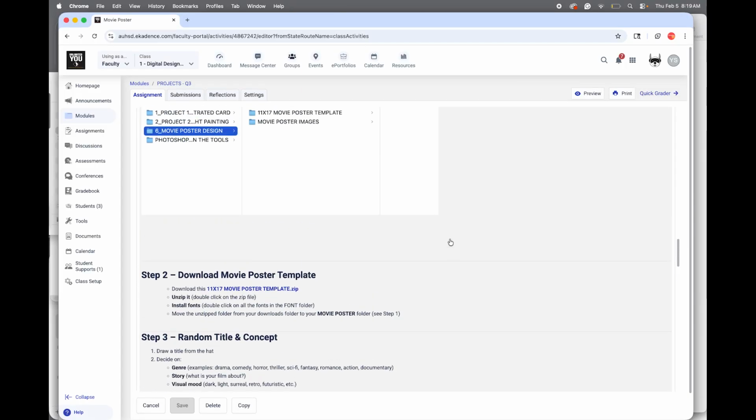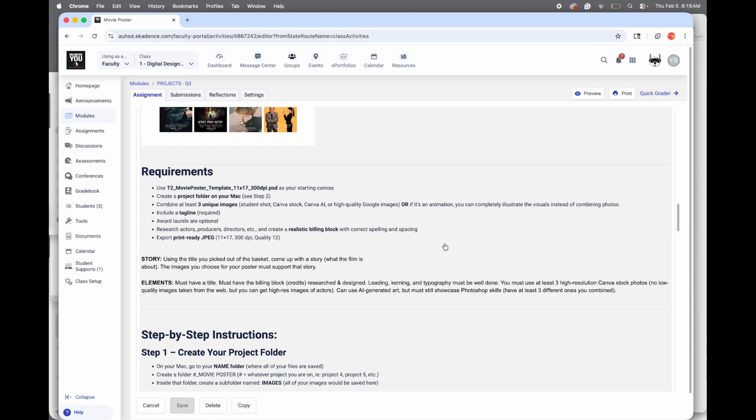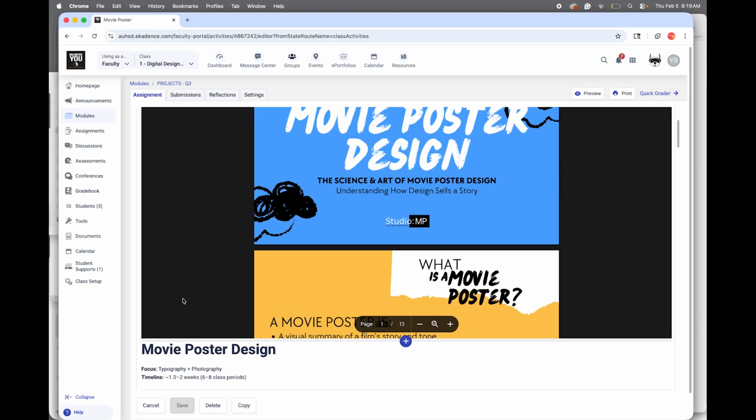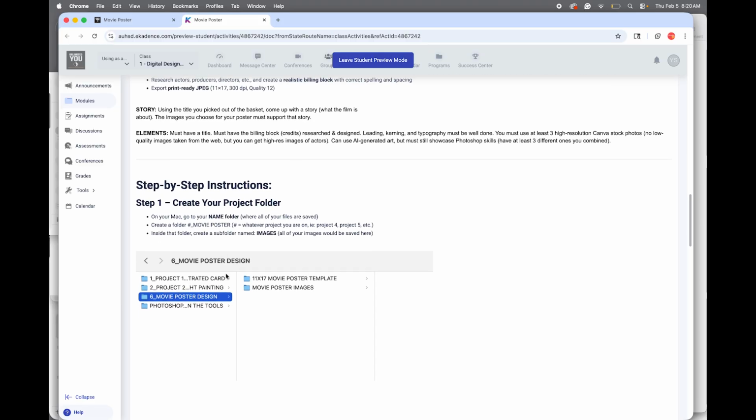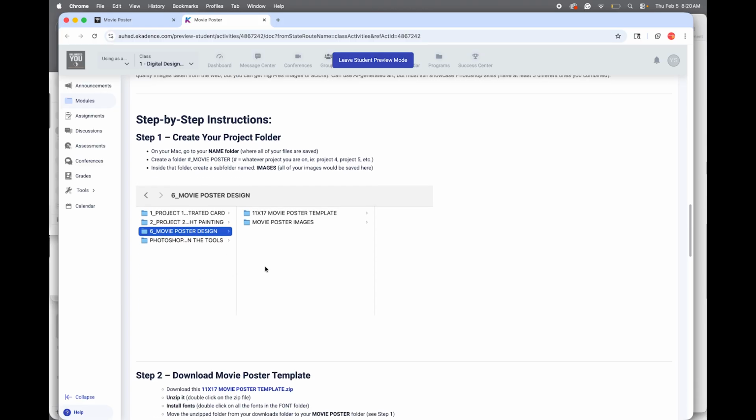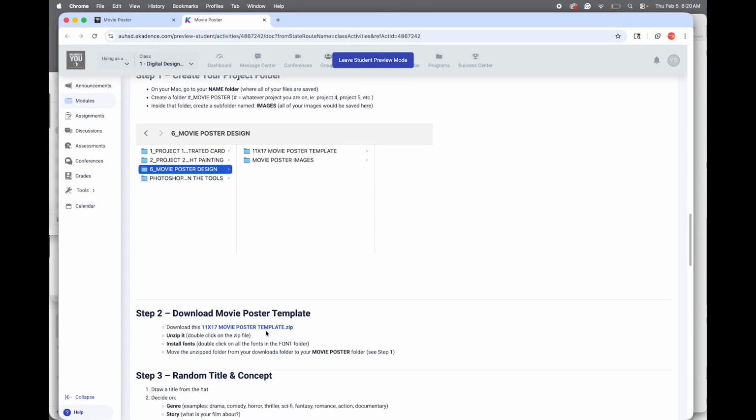Okay, I am going to go through and show you how to download the movie template. So first you do want to go to eKadence, the movie poster assignment. Scroll down to step 2. There is a link here to download the movie poster template.zip. Go ahead and click on it and then click the download, and it's going to download it into your downloads